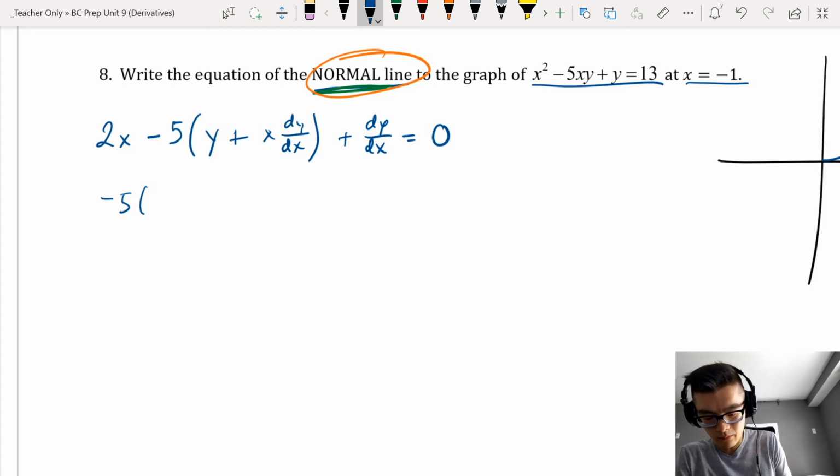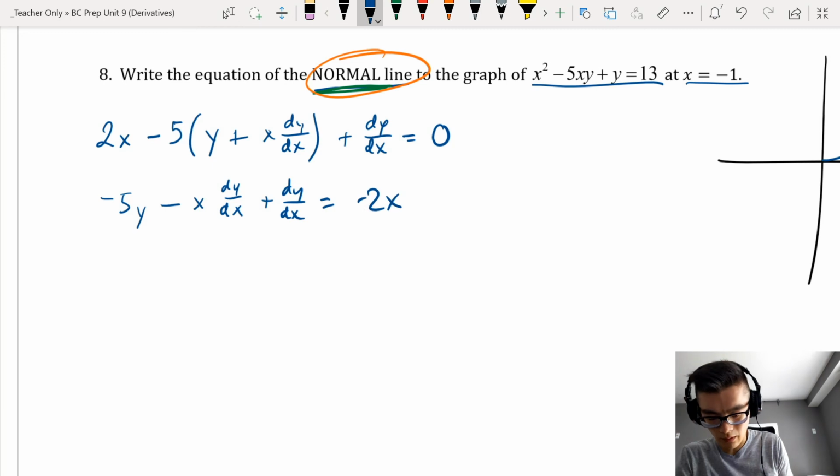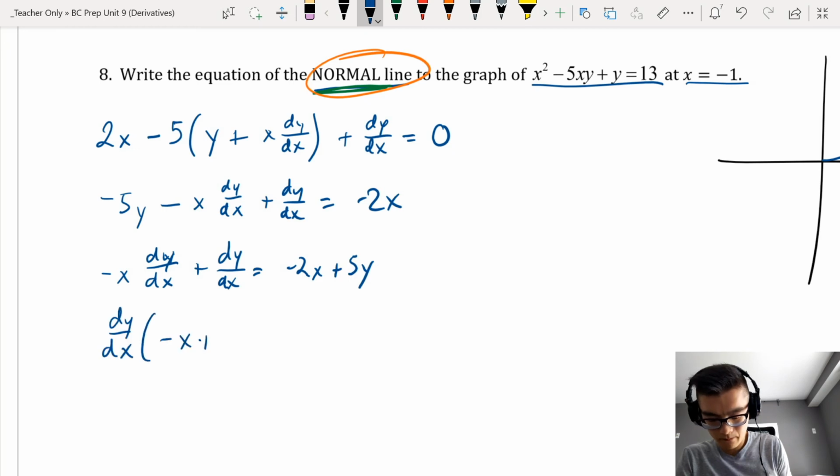In this case, I'm going to distribute the 5 minus. Okay, we're getting there. Let's add the 5y here. Factor out dy/dx. And we're left with our derivative, which is going to be